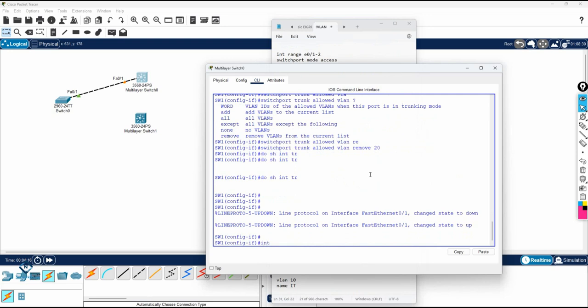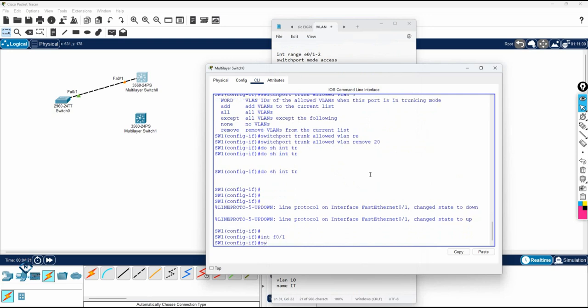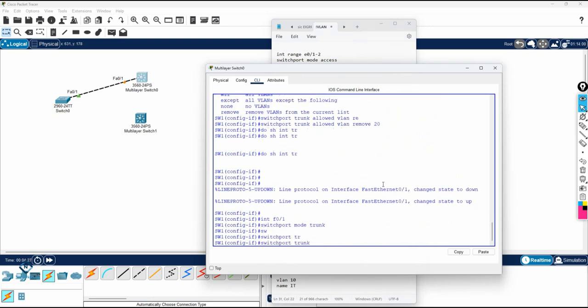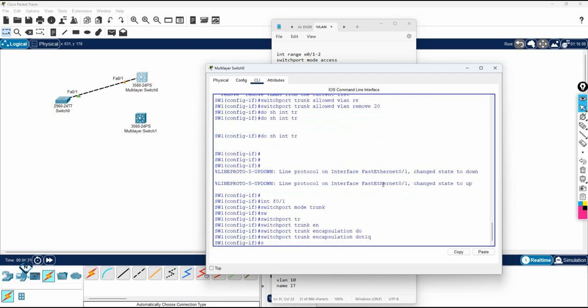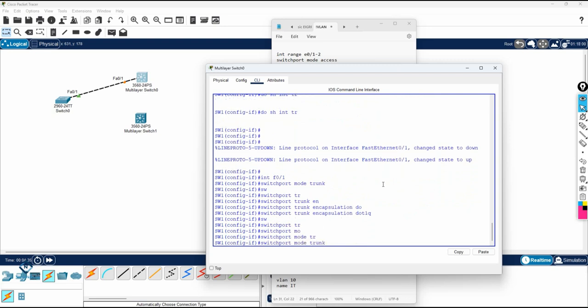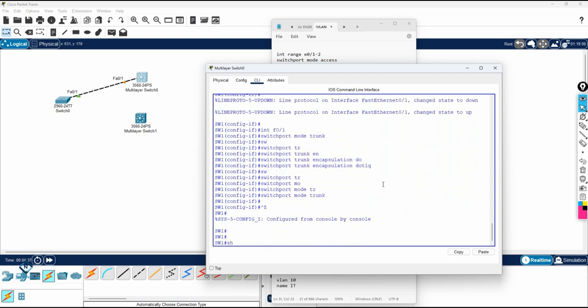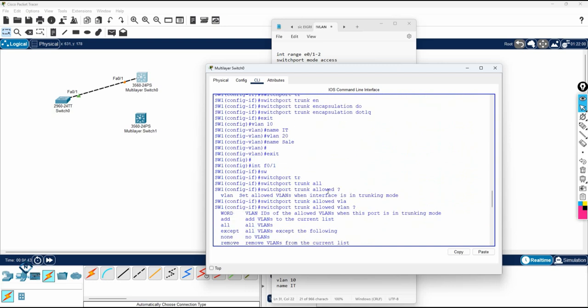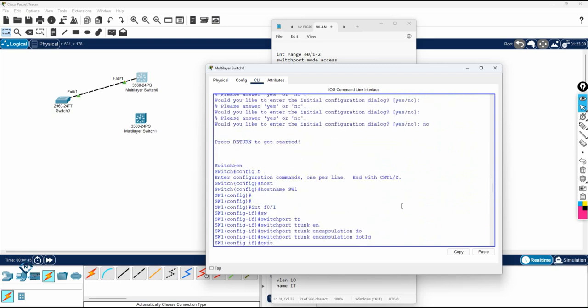What I can do here, I can write interface F0/1 and I can paste here this command. Before we done the other one, this one we done just now, switchport trunk encapsulation dot1q, this one we done. After that we need to write switchport mode trunk. Okay, now I done everything. We can check show interface trunk and check here. We removed 20. Just now we removed, right? If you remember, somewhere here we removed, where we